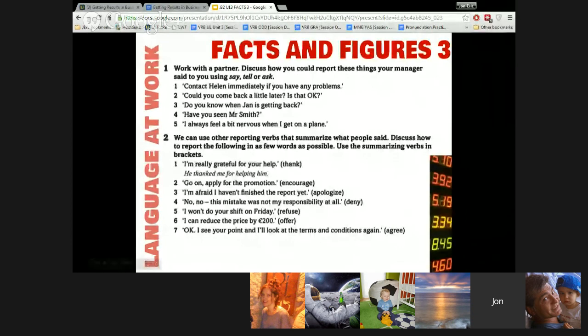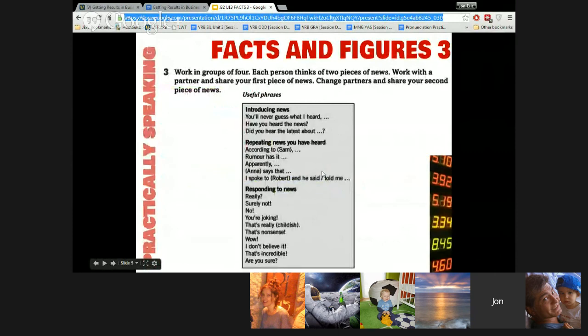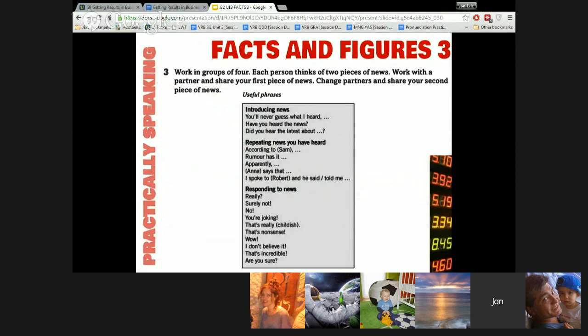Very good job on using the key language here, practical key language for just talking about the news. These things go together. So when you talk about news, like the risk premium related to Greece, you can't help but talk about the rates. The rates have shot up. The rates have skyrocketed. The risk premium has skyrocketed. The share values have plummeted, right? So we can't help but use that language. It's necessary. These things go hand in hand. Think about them that way.